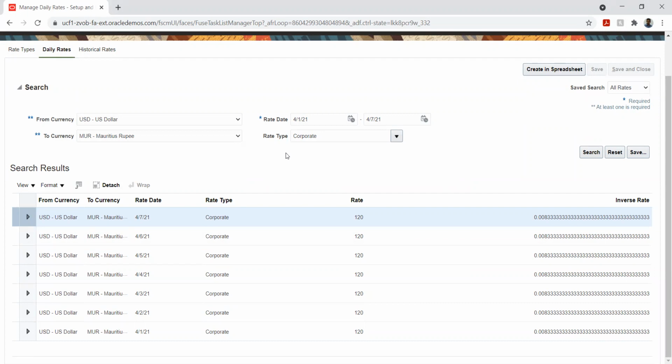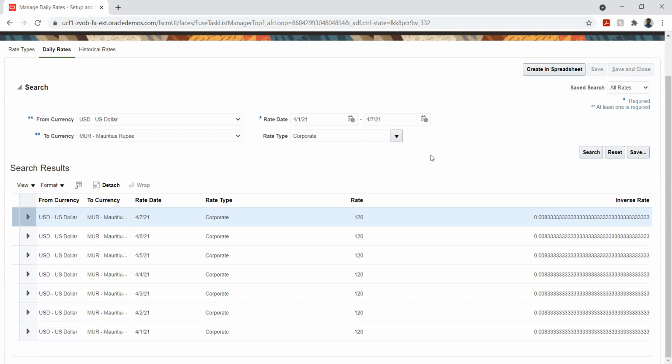So based on the requirement, we will have to give it. This is by each currency. So let's say I have 10 different currencies involved. I will have to give 10 different mappings, and for each date. So that is the challenge there. But since we have the Excel based option, that will ease the work a bit for us.